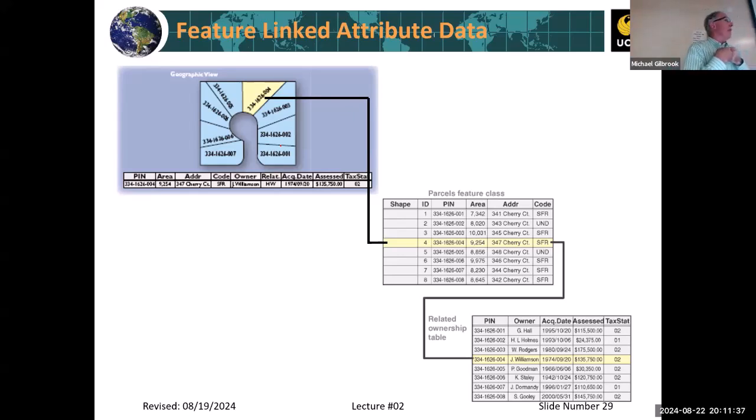Every point, every line, every polygon has a line of data in a table. So you can see this one up here represents parcels on a cul-de-sac. So here is the roadway. Some of you maybe have grown up on a cul-de-sac, but it's basically a dead-end road in a subdivision, right? You've all seen these? Okay. So here's a cul-de-sac, and here's the parcel that's out on the main road,